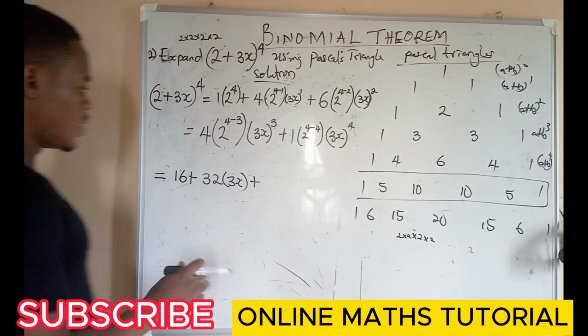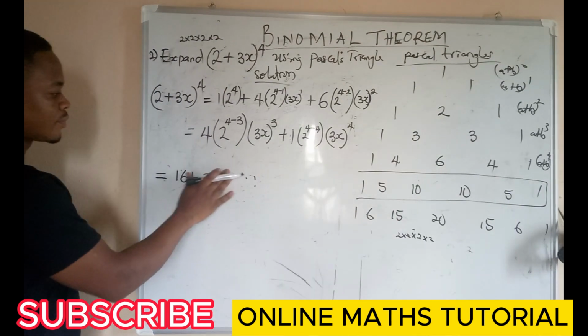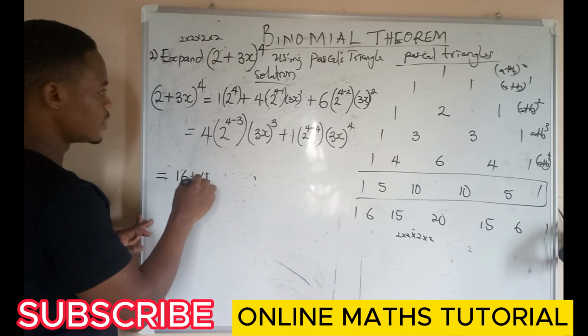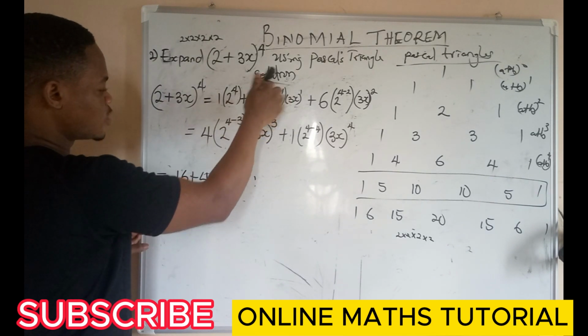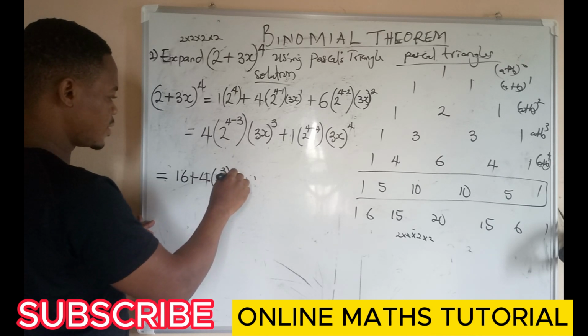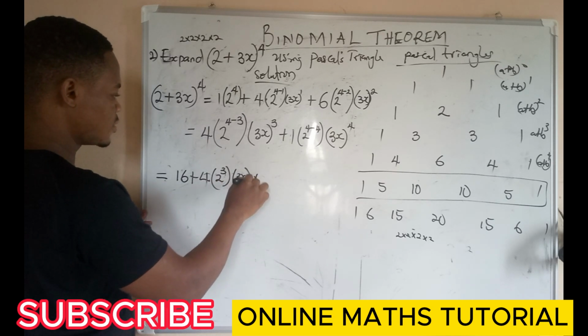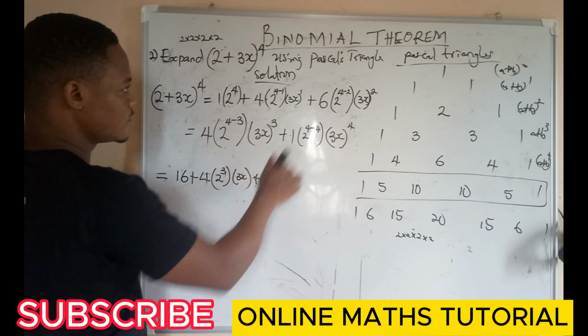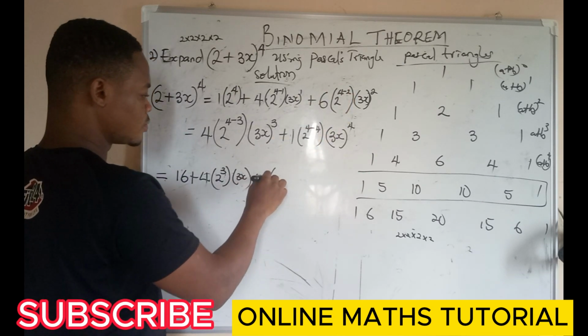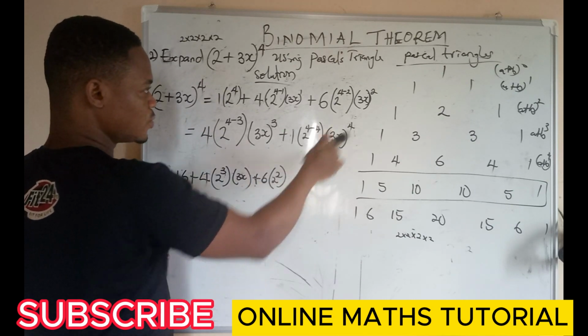Well, let me break it down. Here we have 4 into 2 raised to the power 3 into 3x plus 6 into 2 raised to the power 2 into